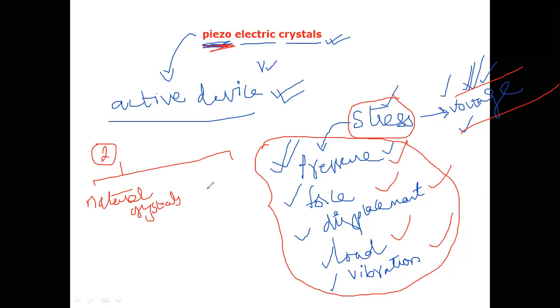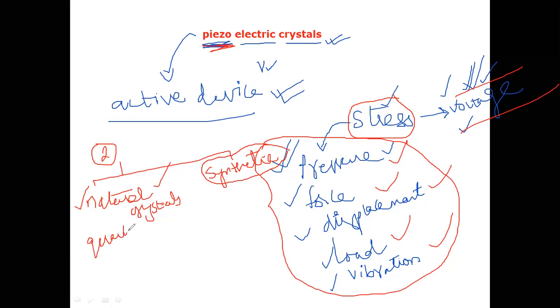Natural crystals. Second one is synthetic crystals. Natural crystals are found in nature. Synthetic crystals are manufactured in laboratories. Examples of natural crystals are quartz,